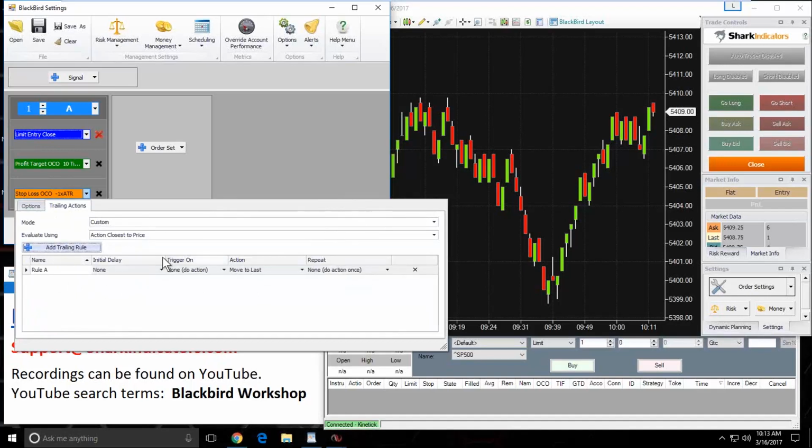And these are all covered in detail in the first couple of the BlackBird workshops, right? So that would be from last year. When we launched BlackBird, the trailing actions section was covered in detail there. So you'd want to find those old BlackBird videos